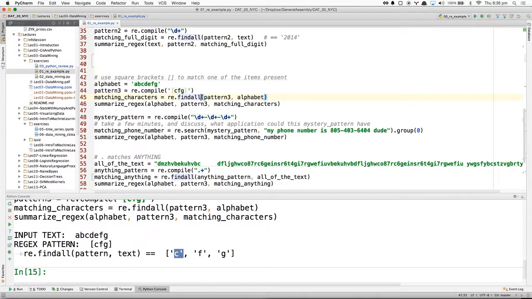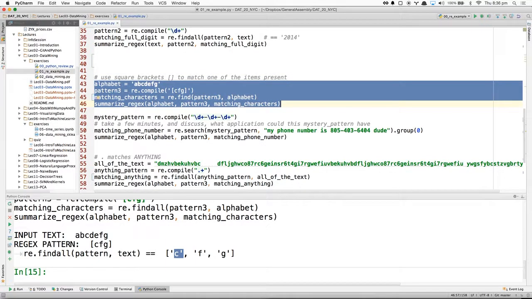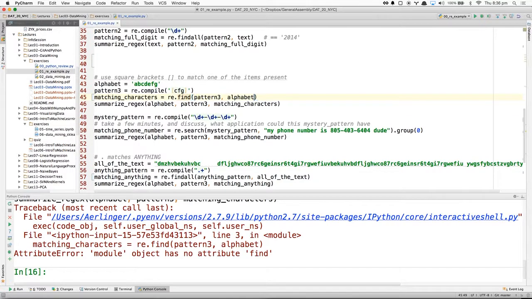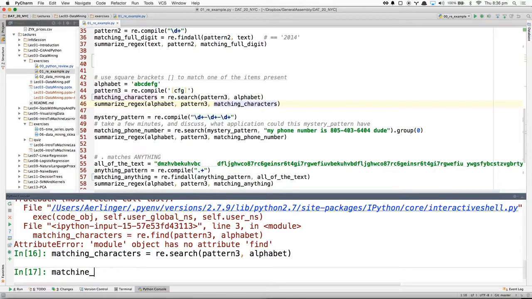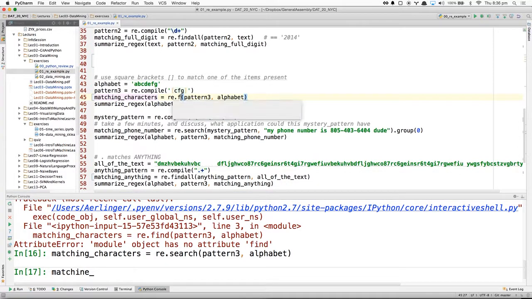If I did search, there's various ways of calling this stuff, but search basically finds each one in a group. Findall returns a list. I find findall to be the most useful because it will basically greedily find as much as it can and return them all.